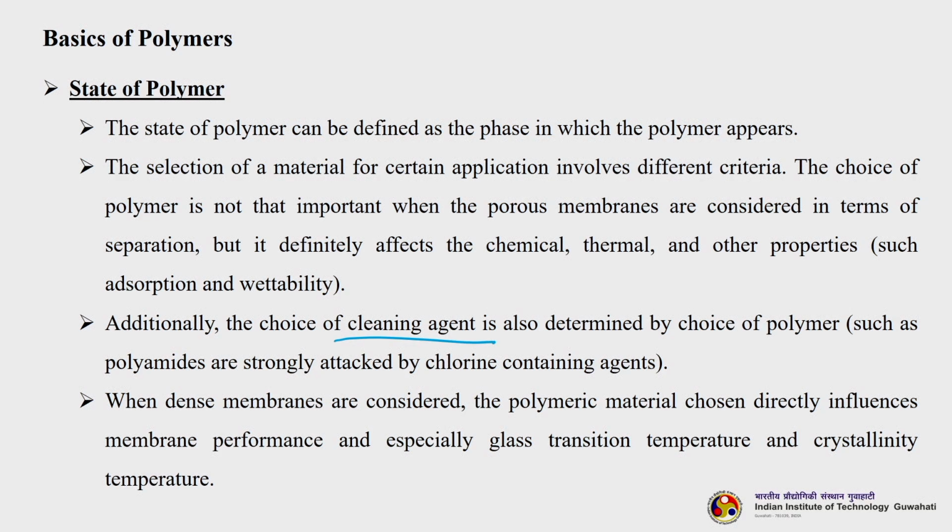So, what is the meaning of that? In one of the classes I told you that when continuous separation is happening, the solutes get deposited on the surface of the membrane. When this increases, the concentration polarization increases, the layer becomes a cake, and some of the solutes get inside the membrane pores. Thereby two types of fouling are possible: external fouling and internal fouling. When the membrane gets fouled, we need to clean it. The easiest way of cleaning is backflushing. You use water and flush the membrane from the back side.